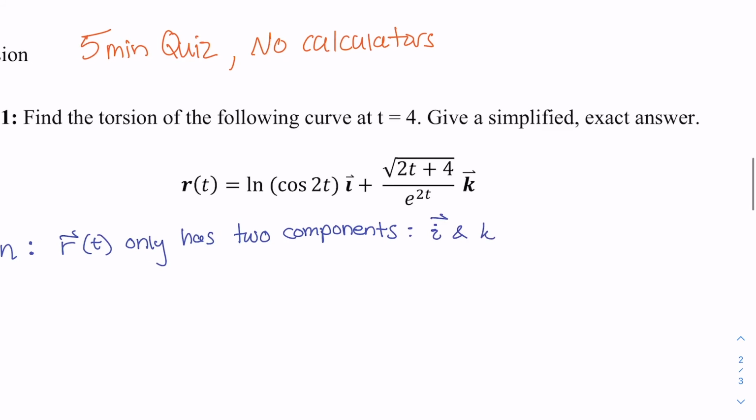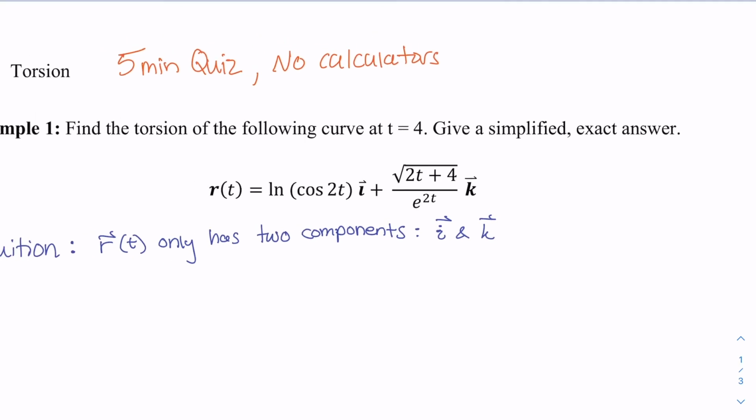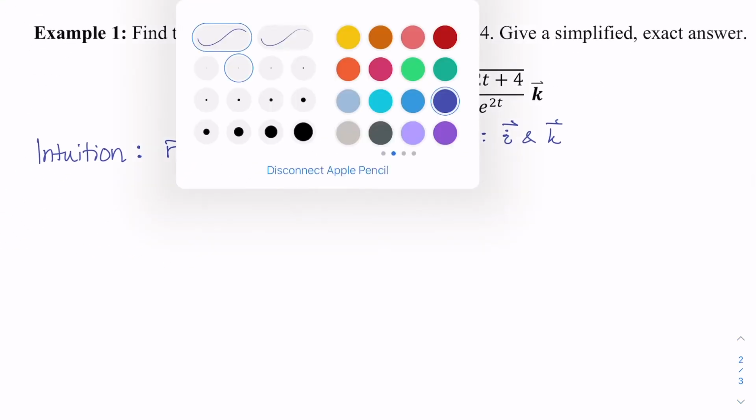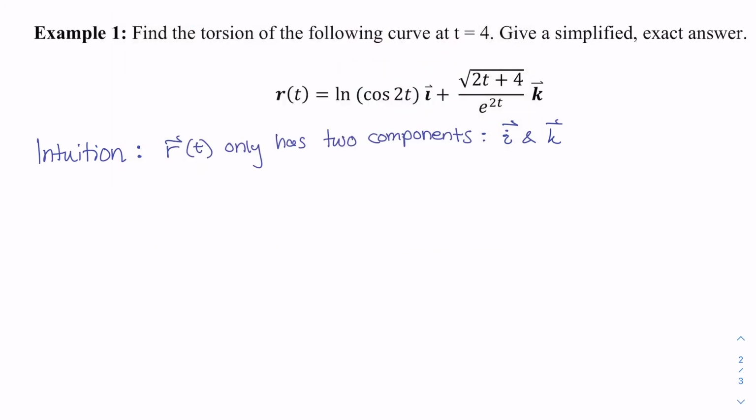And so I know that this entire curve, no matter what it looks like, lives in the xz plane. So if I were to just draw an example axis here,